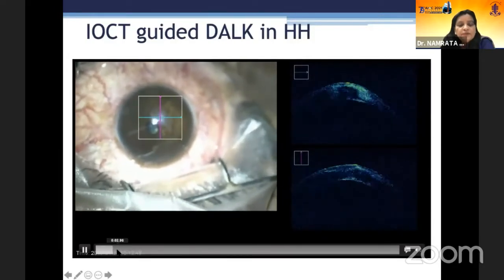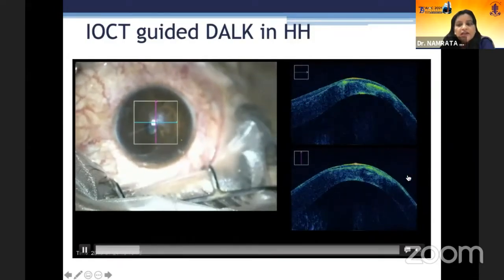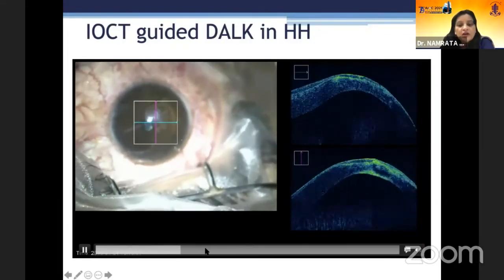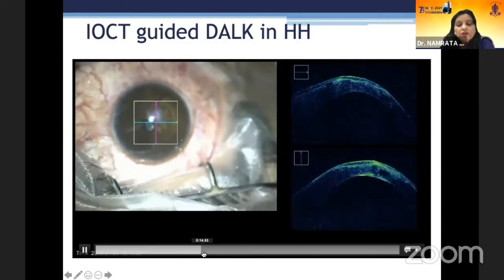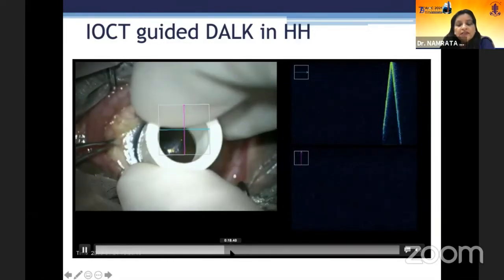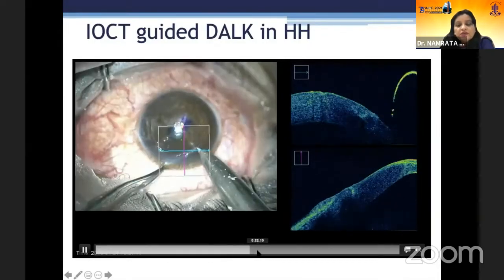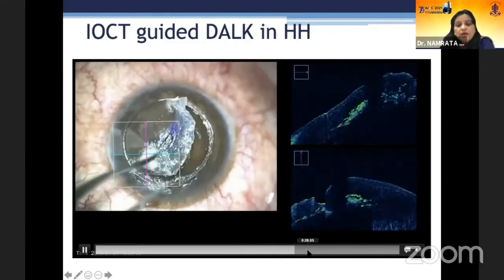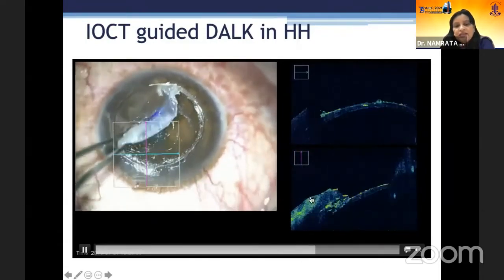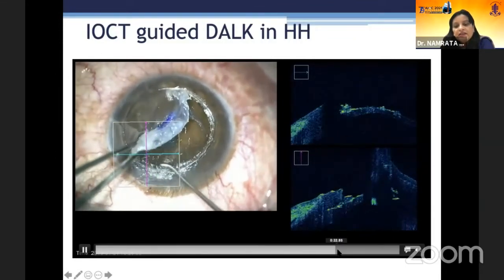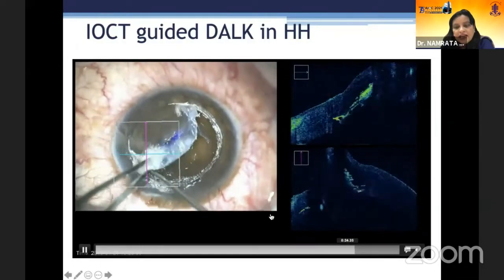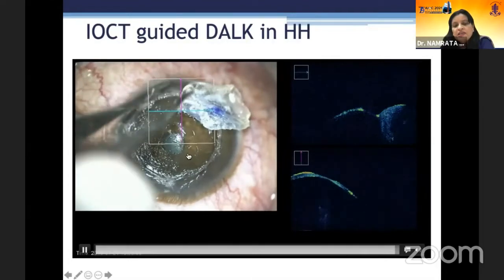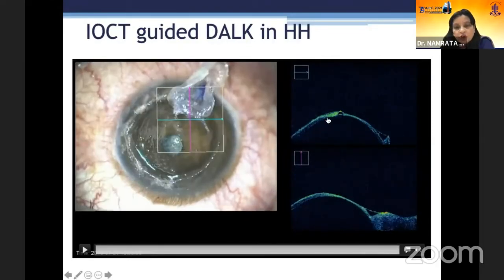Now in healed hydrops, it makes a lot of difference because you need to identify the area where the scar of the hydrops is present. When one looks at the scar, you know that when doing your dissection at that point, you will have to go a little anteriorly. So this is the trepanation being done here. A nick is given at the level of the stroma, and just as you come to the level of the healed hydrops, you can go a little anteriorly. That aid is given by the intraop OCT microscope, and you can clearly tear off the area of the scar which is present here, which can also be seen here.